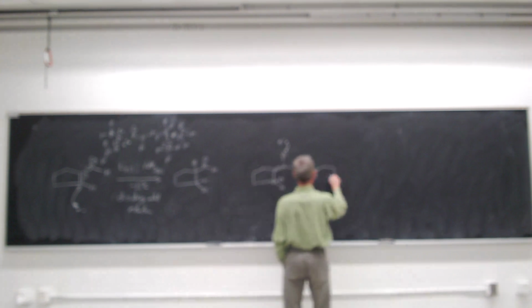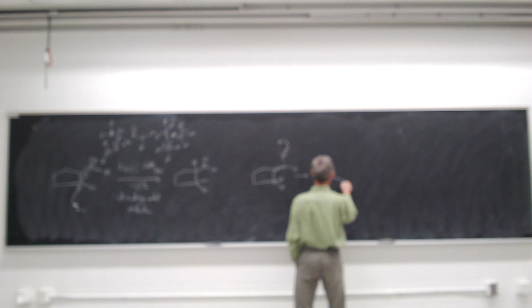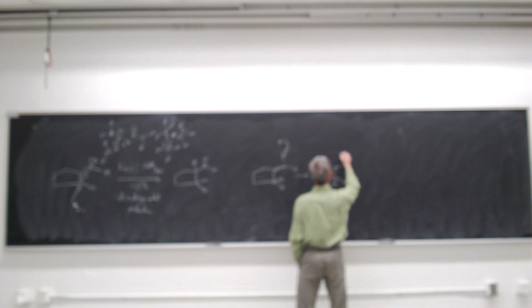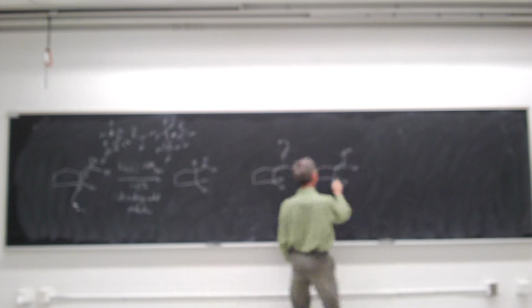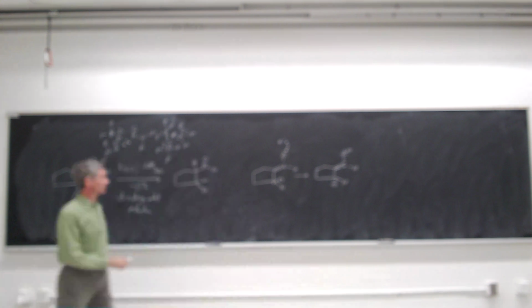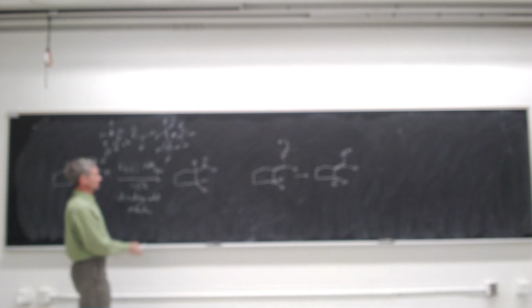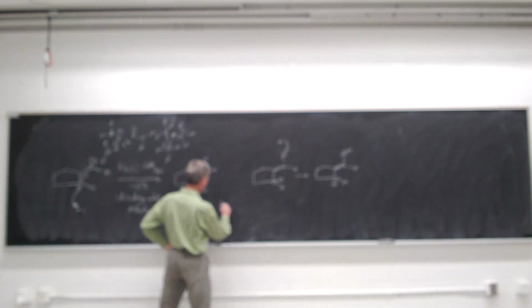Form a dianion. And logically, those two anions want to be in the 1 and 4 positions, so they're at a maximum distance from one another. The analogy, of course, is taking an alkyne